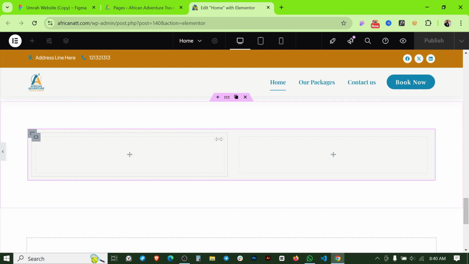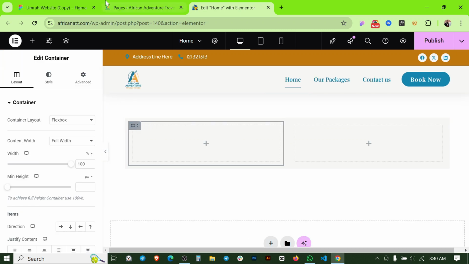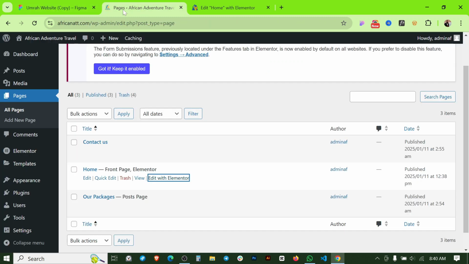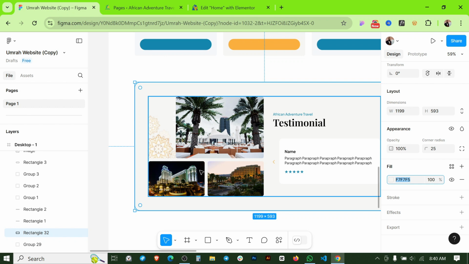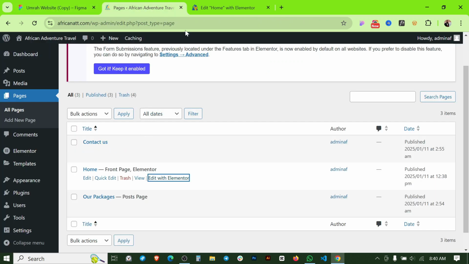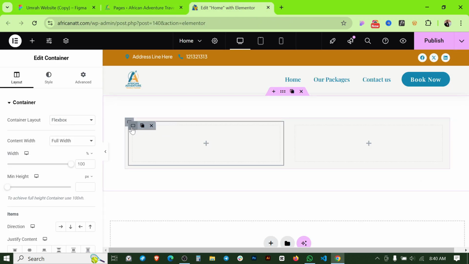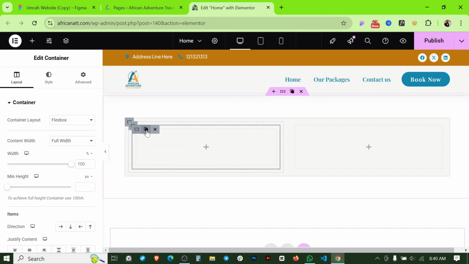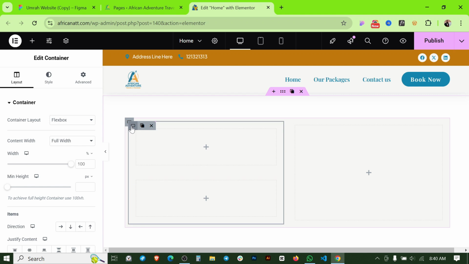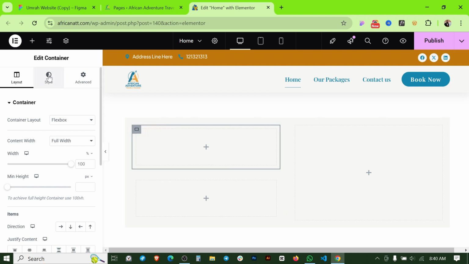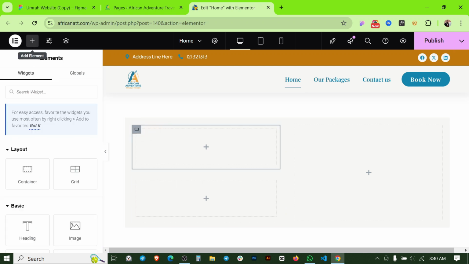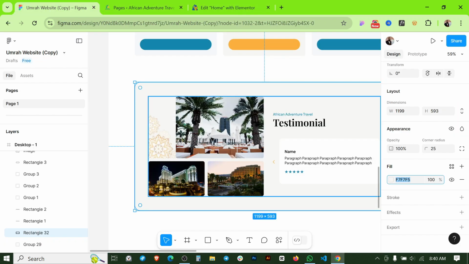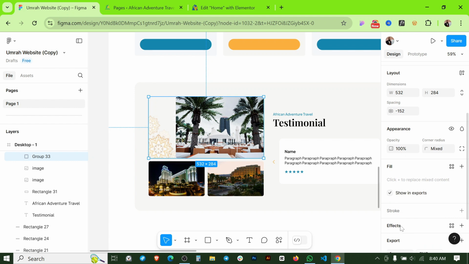Okay, so here at the left hand side we can put these images, and at the bottom there are two more images. So if I click here, and we have to create two more containers here, like that. And this one we can place an image, and if I go for download this image,